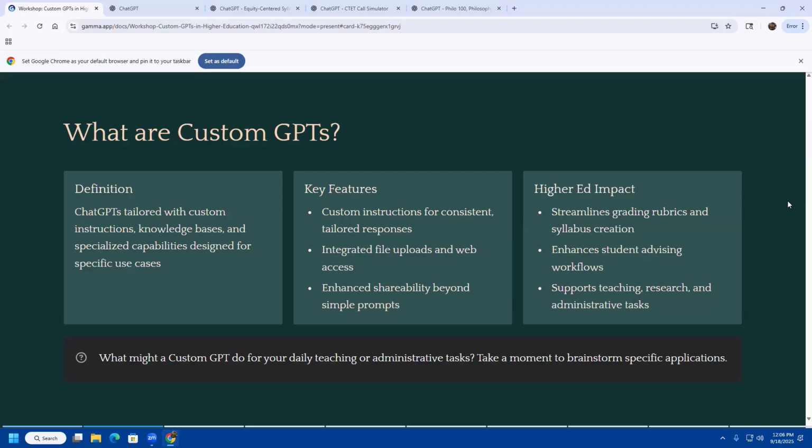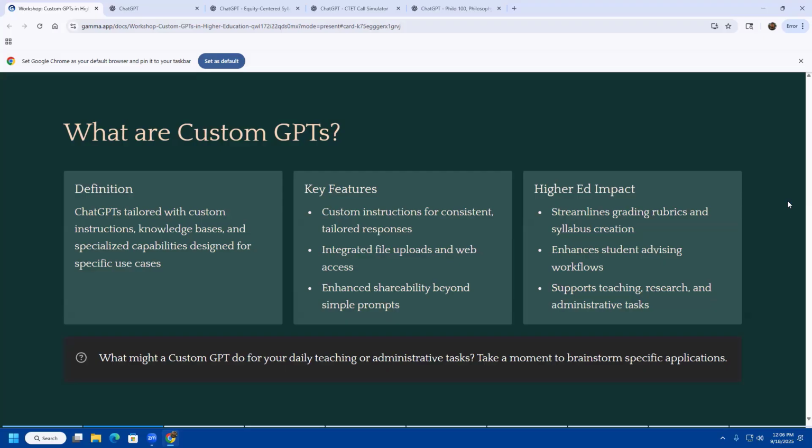This could enhance things like student advising workflows, where you can put your departmental programming in there. The timelines of the scheduling and all of those things can be put into a custom GPT. And then when you're in that advising session, you could use that custom GPT to give on-the-fly responses rather than having to parse through the schedule or the documentation or the catalog to be able to provide those